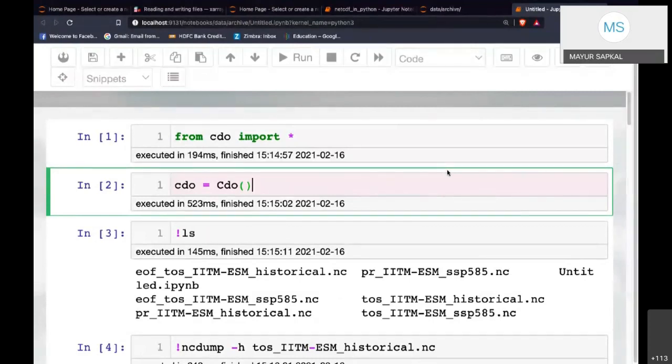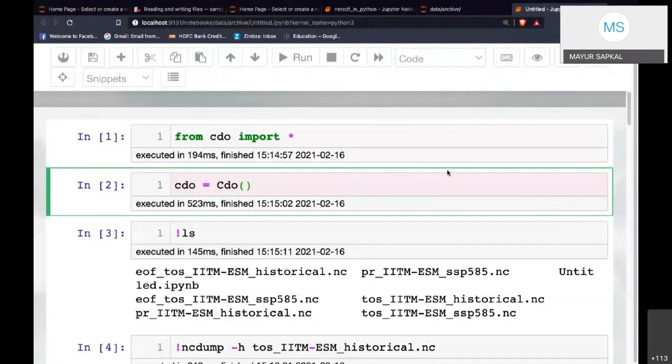We just want to rename the coordinate only. Thank you.